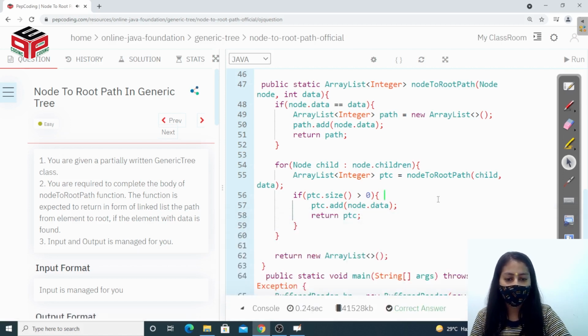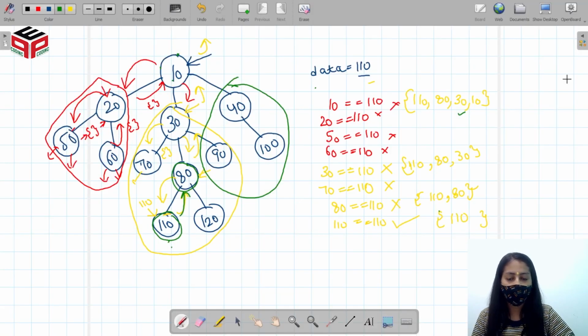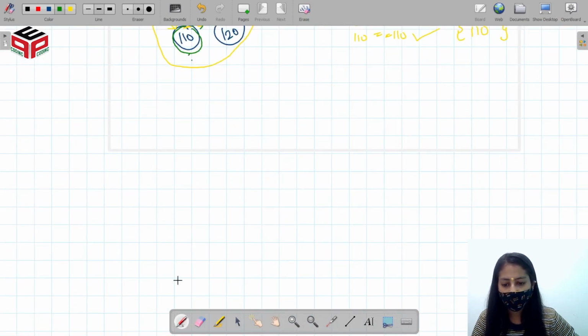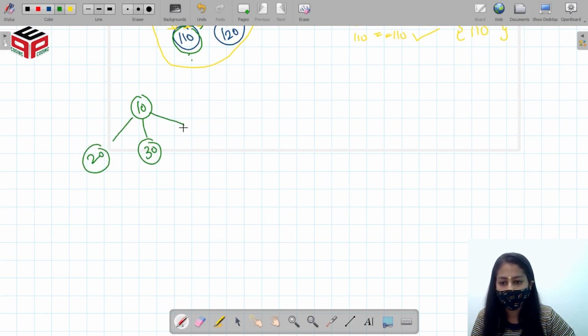So we see that when we got the value, there's no need to traverse the rest of the tree. For example, let's say we have to find the node to root path of 10. Firstly, the root node will compare its data with the given value.